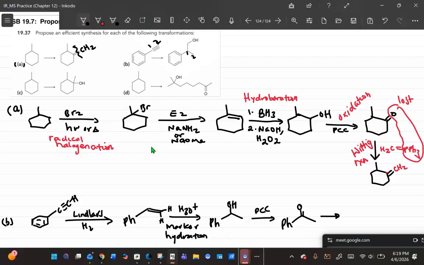Yeah, so it gives us a ketone, and then I can introduce my ylide, the same ylide we did. This was not an easy one, I'll tell you that. It gives you a ylide with your CH2 on there, and then from there you can finish it off